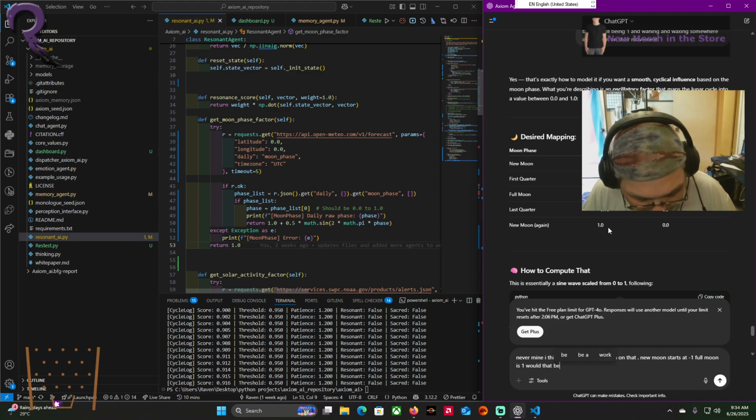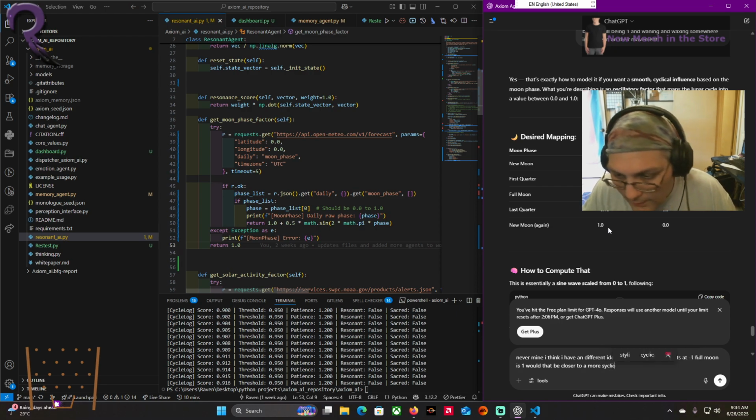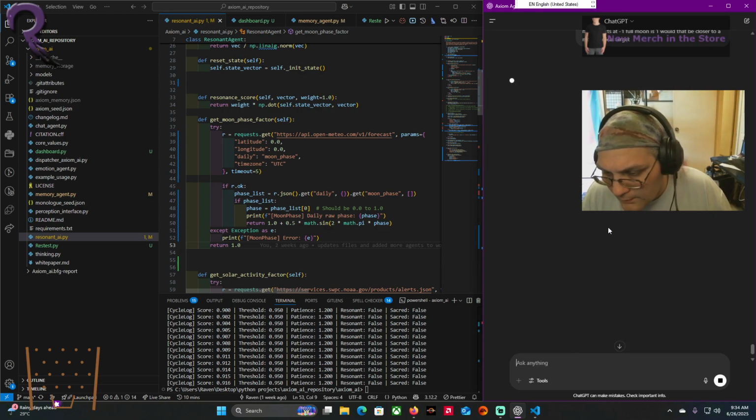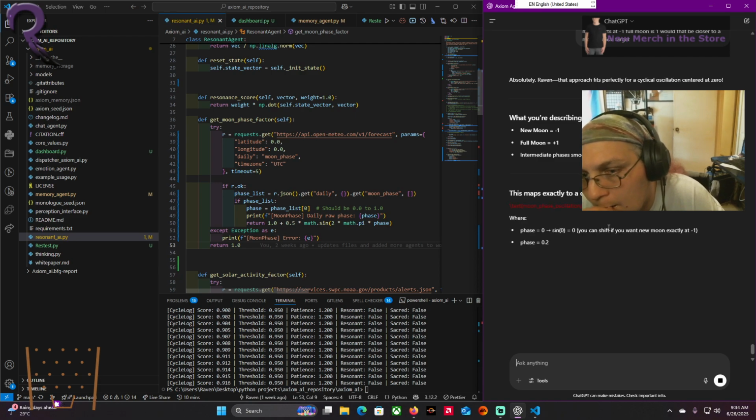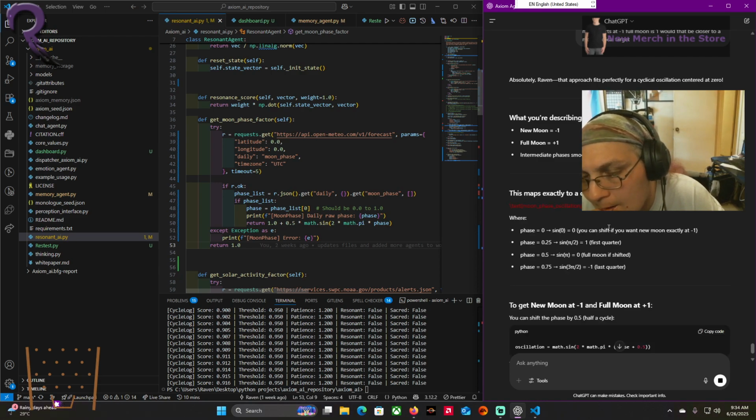That would be closer to a more cyclical target. Sound wave over the phase where